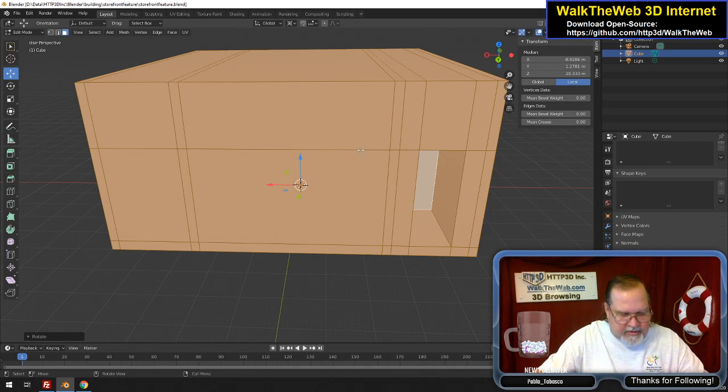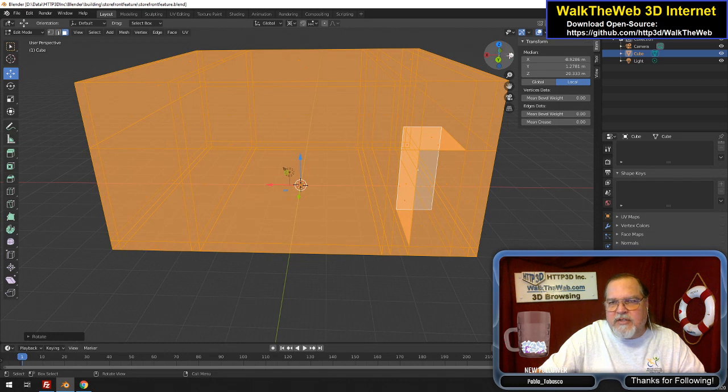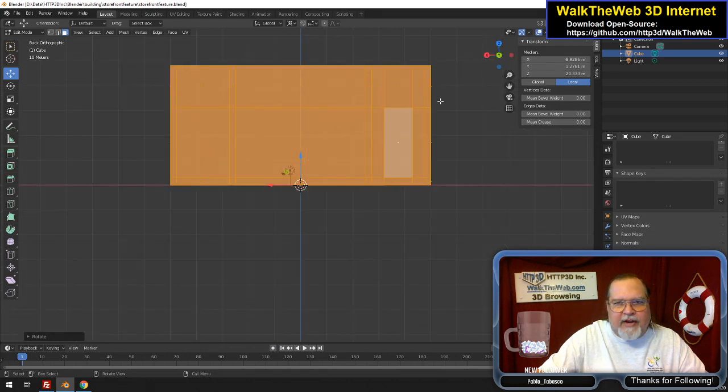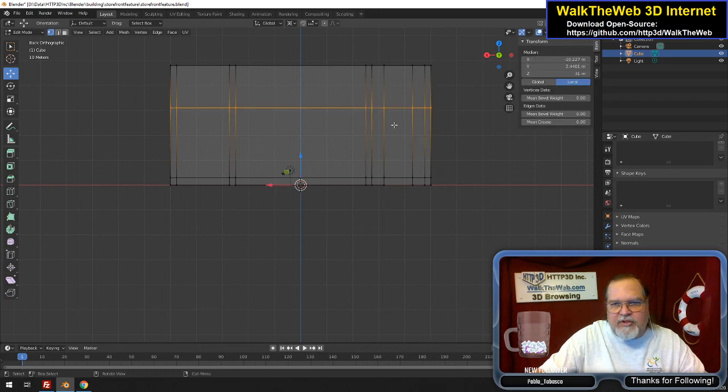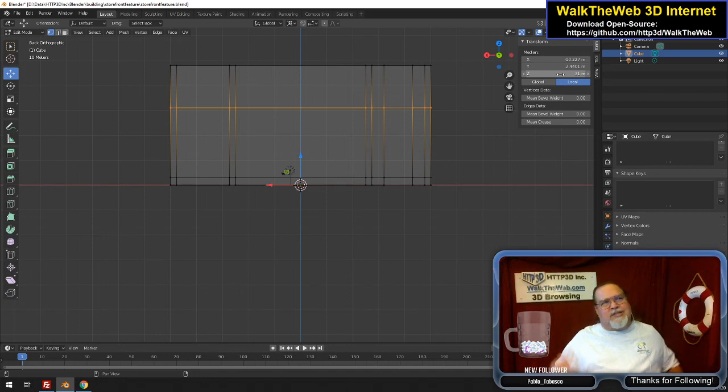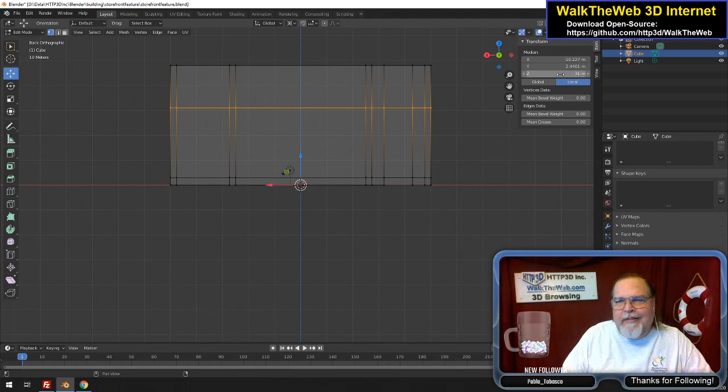The other part I learned is that I don't like how tall the building's getting, so I'm going to look at it from the Y direction and highlight that, take the points, make sure I'm not highlighting anything, and select that level right there, which includes the indentation, and I'm going to bring that down to, instead of 31, which is pretty high. Notice that's 28 above the 3 step that's going into the building. I'm going to bring that down to